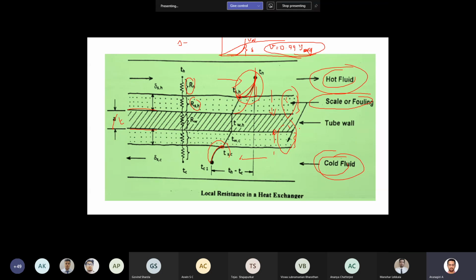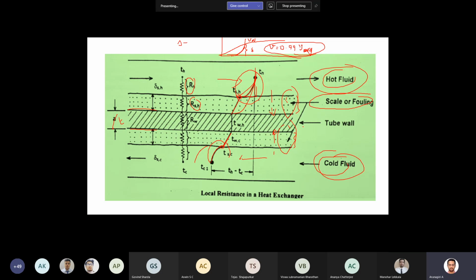So these are all the different types of fouling that occur in heat exchangers. Normally this is a metal wall, which is why here we have a linear temperature profile. But in the liquid stream it is not linear; we are approximating it like this. Here we are approximating the temperature profile as a linear one.